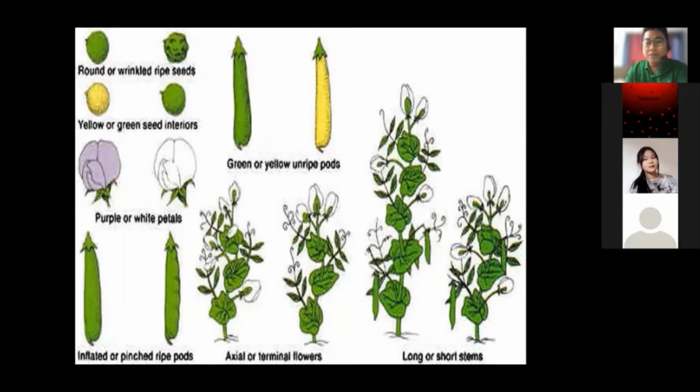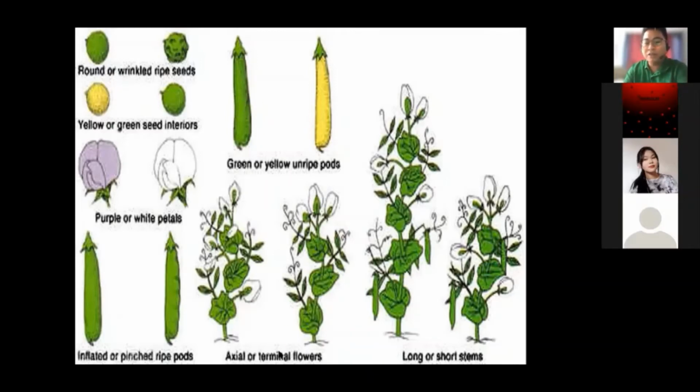And then we have purple and white petals, and then inflated or pinch ripe pods. Tulad nito, may korte yung pods. And then this one doesn't have green or yellow unripe pods. Hindi pa siya luto, pero may yellow na siya. And then there are, hindi pa luto, but then it is green.